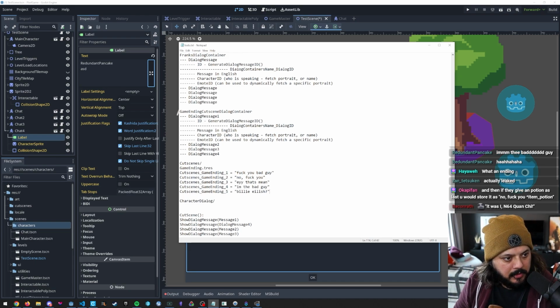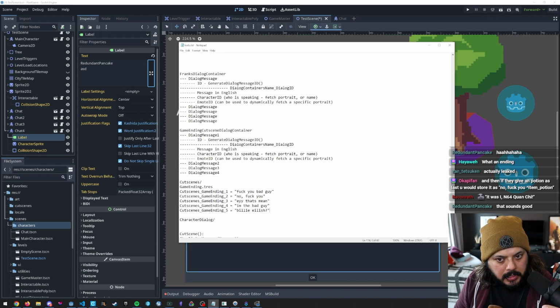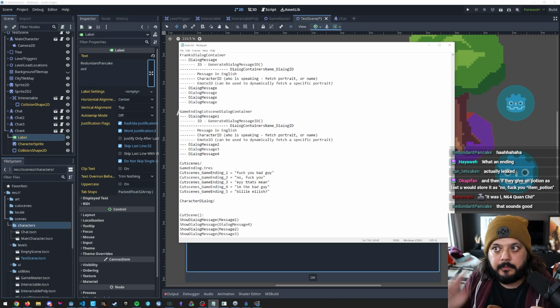I feel like this is a pretty good approach. There's something missing. I think the thing that's missing right now is that I don't know if this fully handles